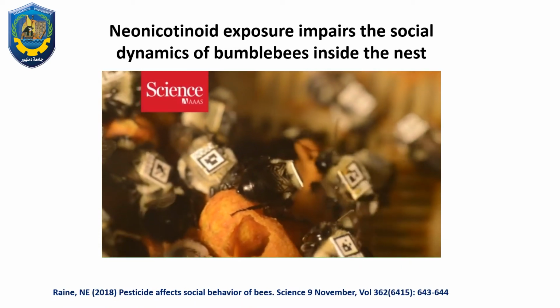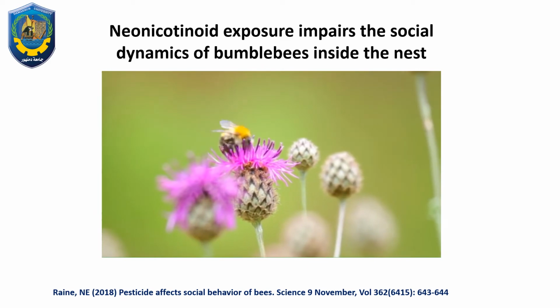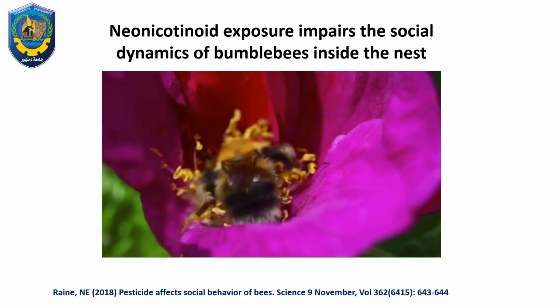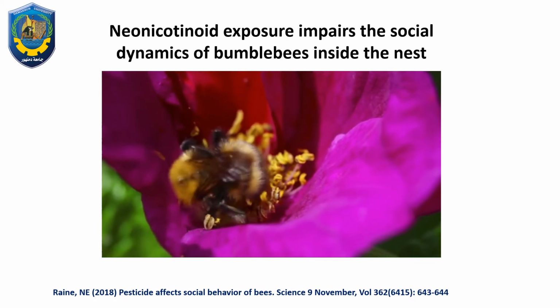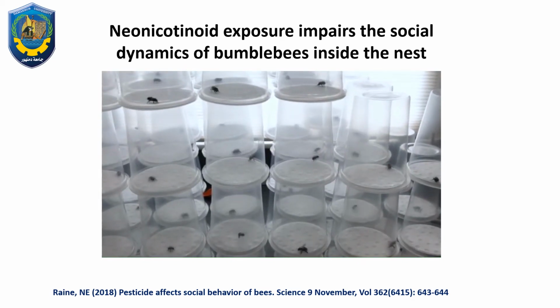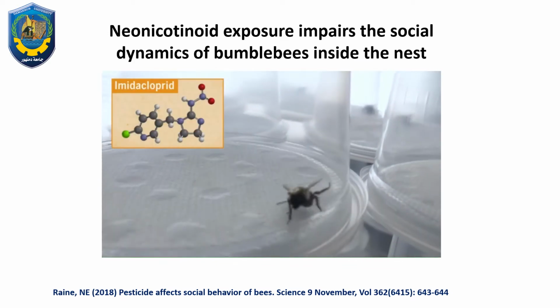The humble bumblebee. Fuzzy, adorable, yet a vital player in our ecosystem, responsible for pollinating crops across the country. But what happens when these critical pollinators come in contact with widely used pesticides? Researchers set out to answer this question by testing the behavioral effects of a popular insecticide, imidacloprid, on colonies of